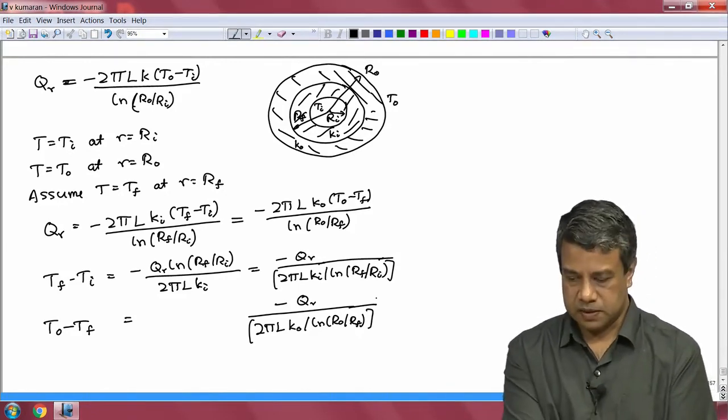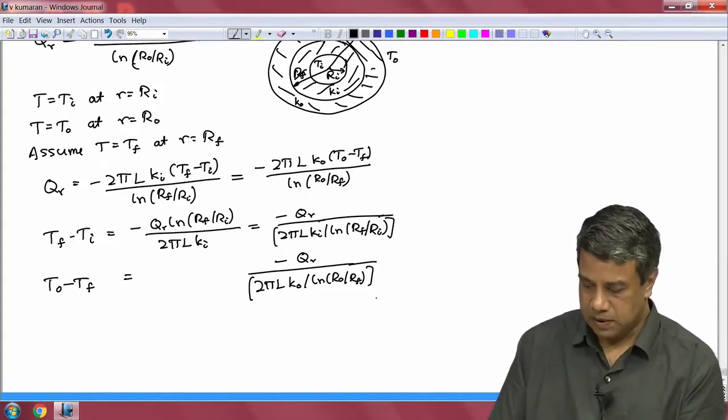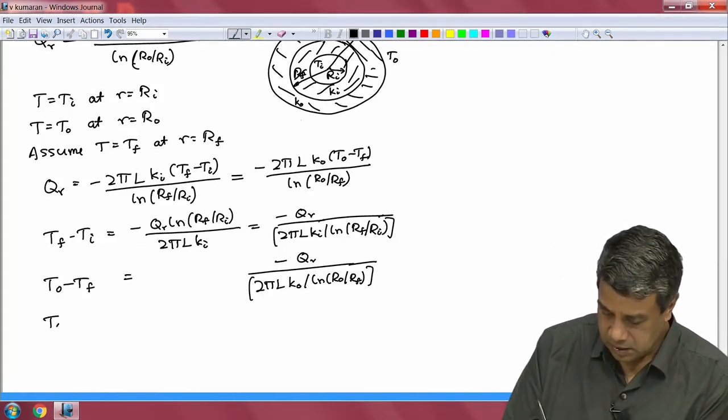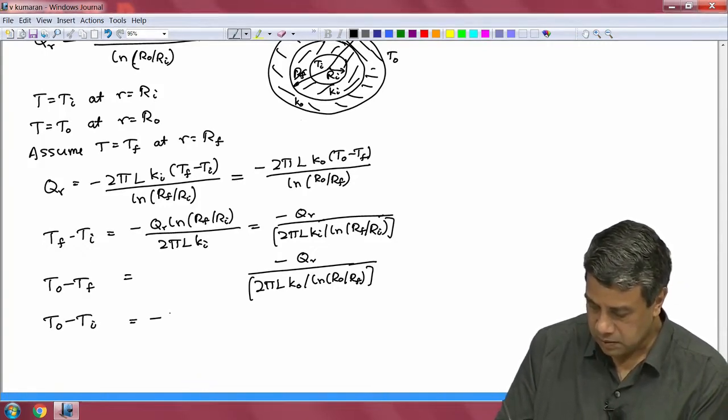Those are the two expressions. Just add these two up, and you will get To minus Ti is equal to minus Qr into